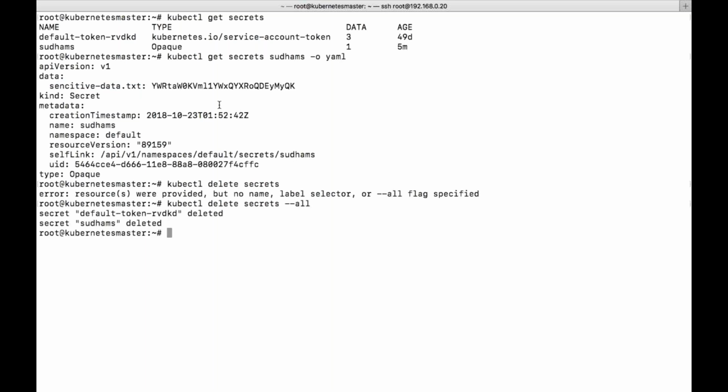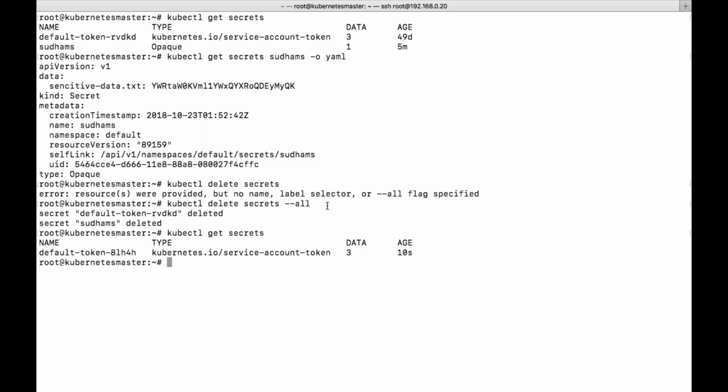We need to be careful. Now let's create a secret with a key-value pair and see what happens.